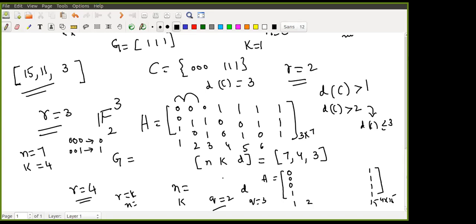Otherwise, I cannot complete the syllabus, right? So I need your efforts. If I teach only Hamming codes and ask questions, what is G, what is R, it will keep on going for 2 hours and be finished. And next time ternary, next time something else, then 4 classes will be over. We cannot do it like that, right?